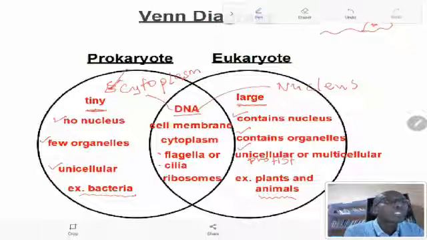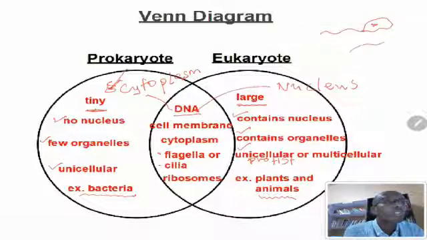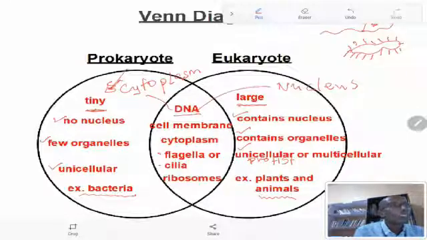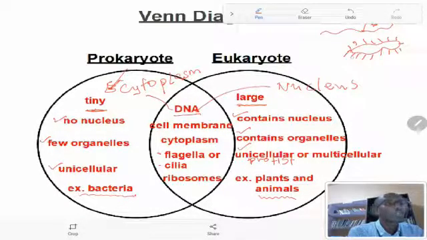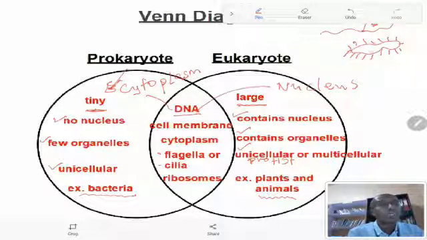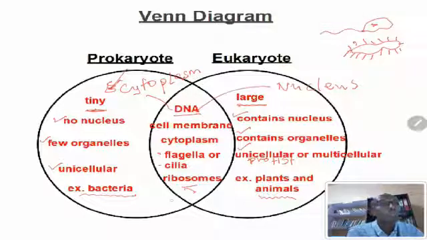The sperm cell has a long tail which it uses for propulsion and movement, and there are also some organisms like paramecium. It has hair-like projections which it uses for movement. So simply, the difference between flagella and cilia is the number. Flagella is a single, and cilia are more. Finally, they both have ribosomes, which is the place where the